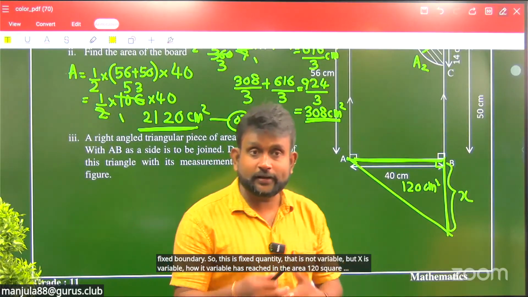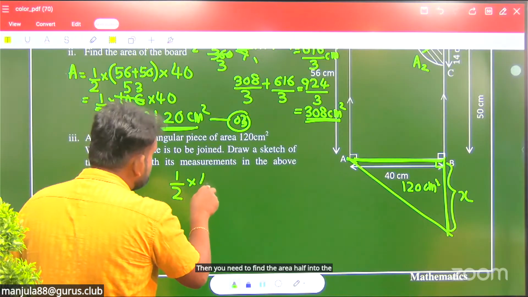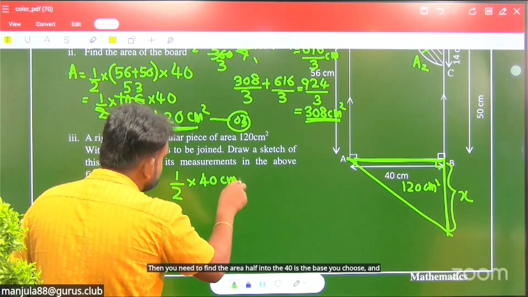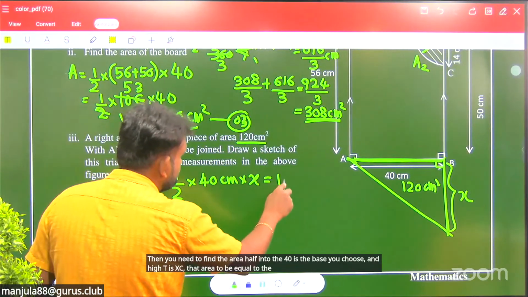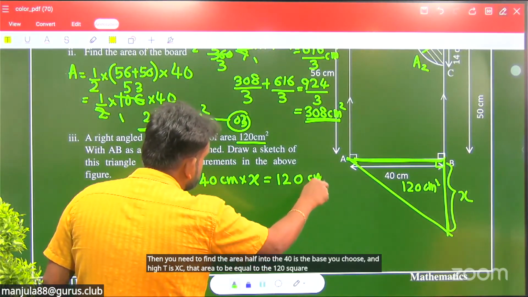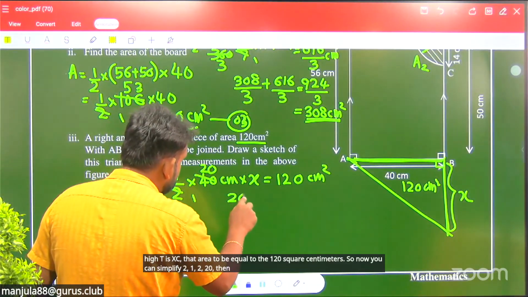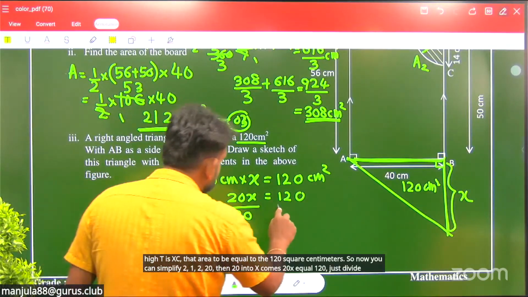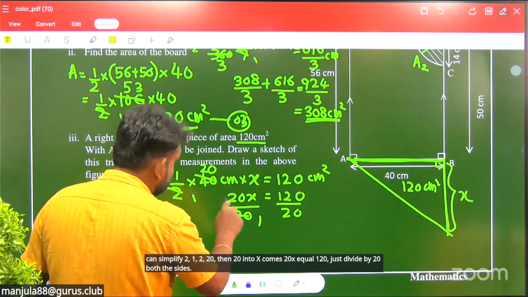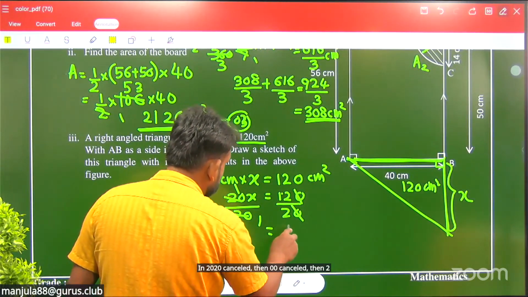Then you need to find the area: half into 40 is the base you choose and height is x, and that area must equal 120 square centimeters. Now simplify: 2 1s are 20, then 20 into x comes 20x equals 120. Just divide both sides by 20, then 20 and 20 cancel, 0 and 0 cancel, and 12 divided by 2 is 6